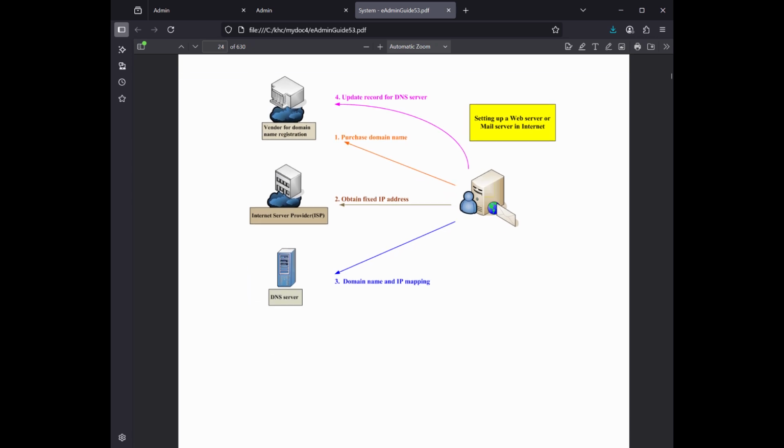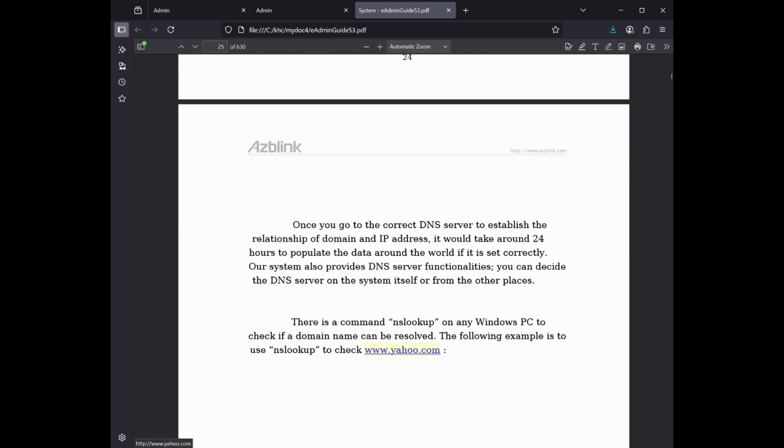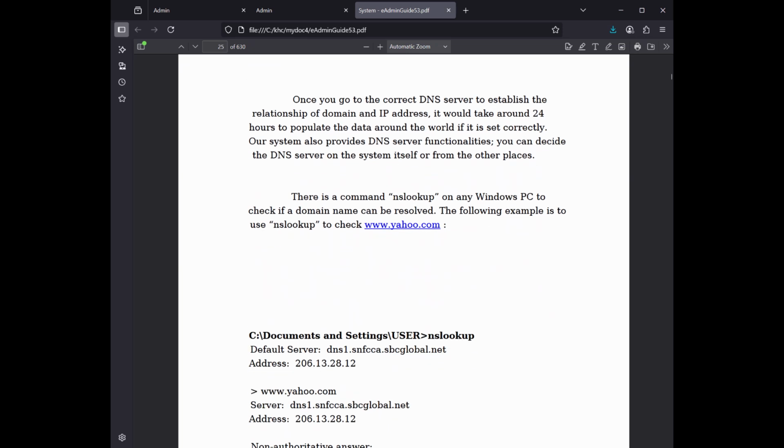Relationship of domain and IP address, it would take around 24 hours to populate the data around the world if it is set correctly. Our system also provides DNS server functionalities. You can decide the DNS server on the system itself or from the other places. There is a command nslookup on any Windows PC to check if a domain name can be resolved. The following example is to use nslookup to check